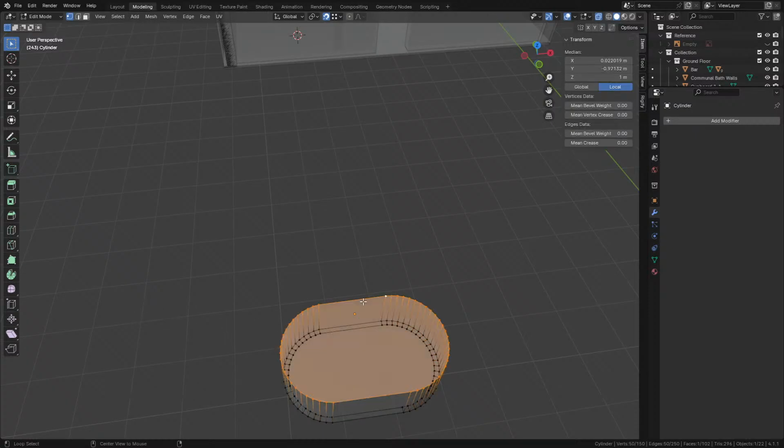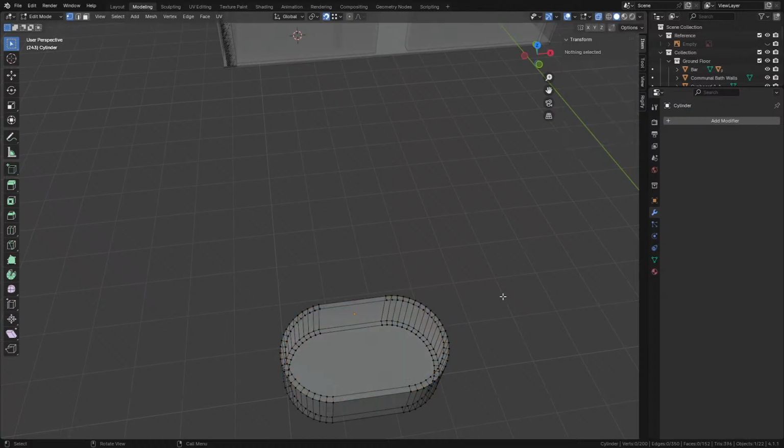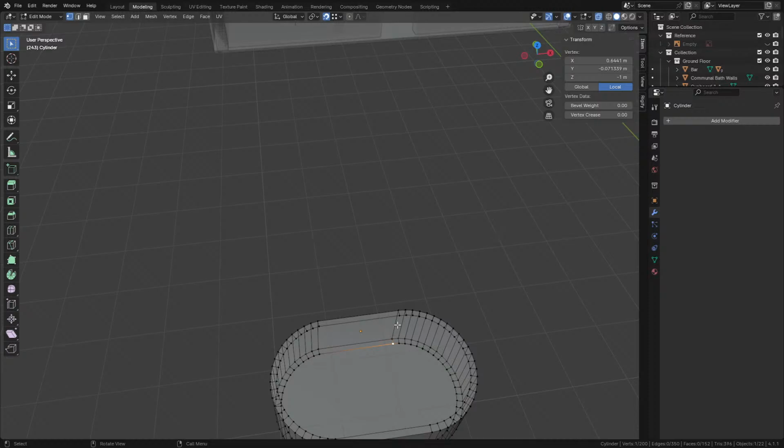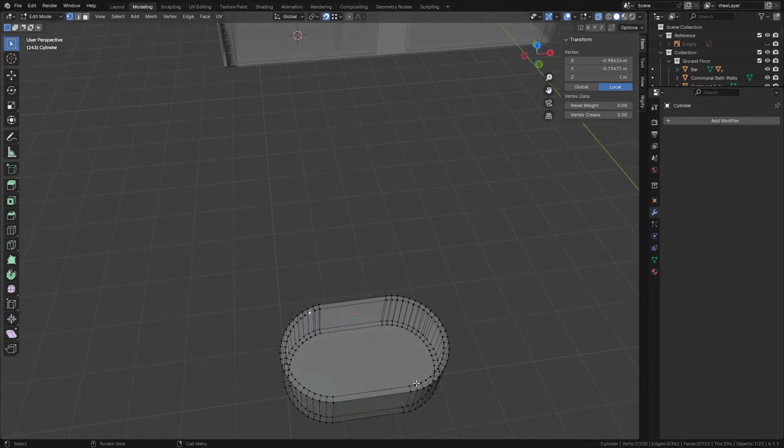And then I again to 0.1, like that. And then if we join these, I could have just mirrored it, I suppose, but